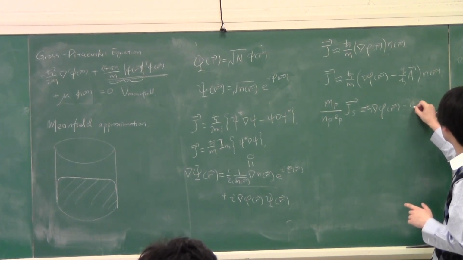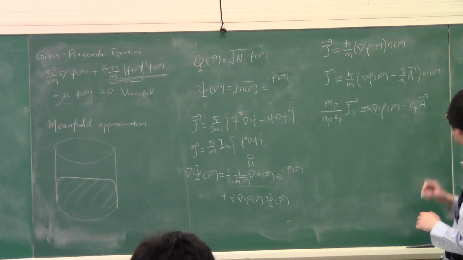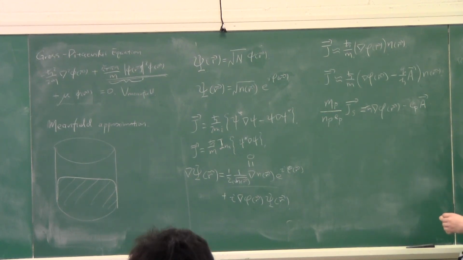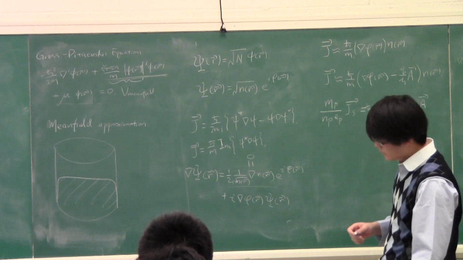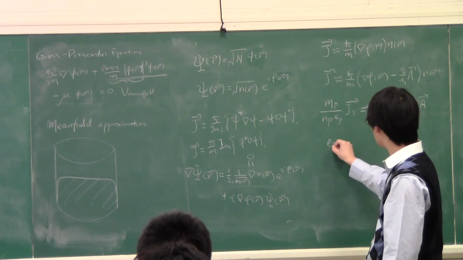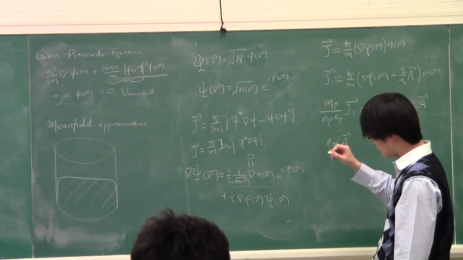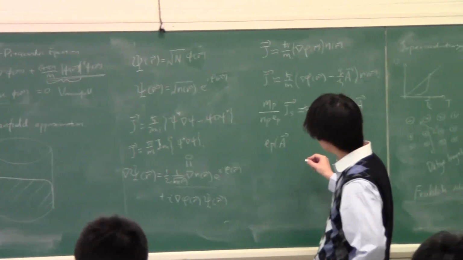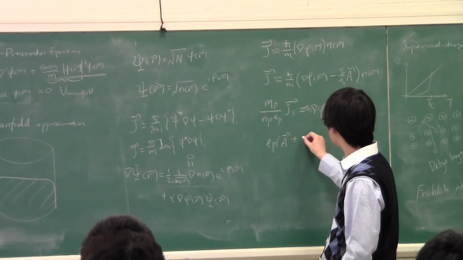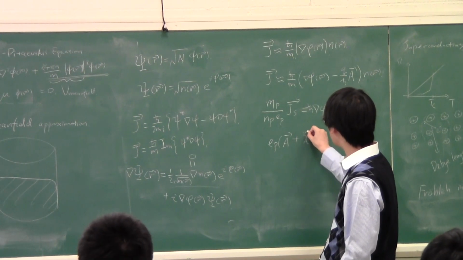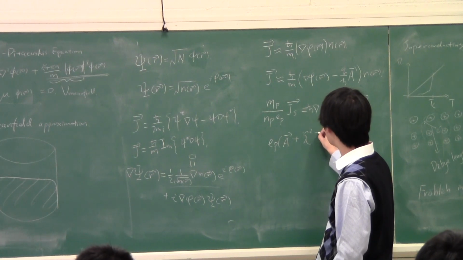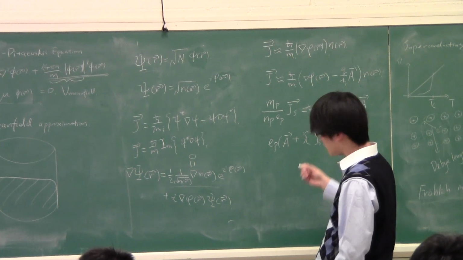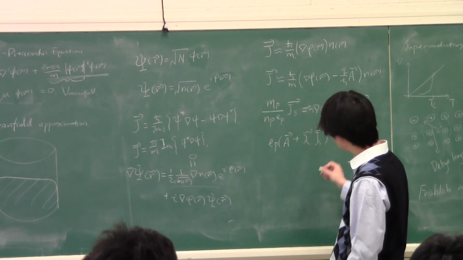So now I arrive at an equation which is e_p A plus, I'm going to call some factor lambda squared J_s. This is equal to